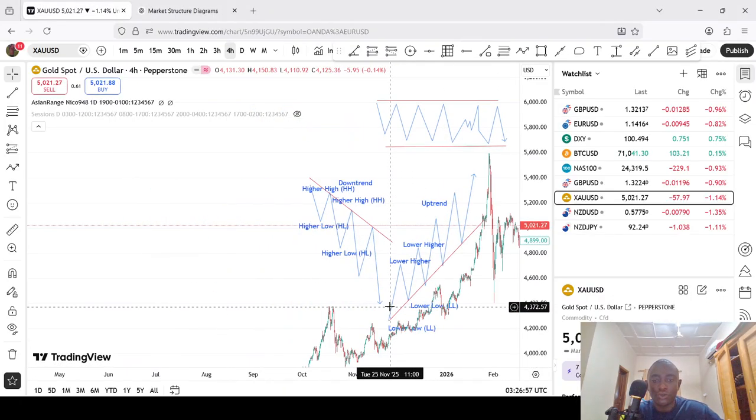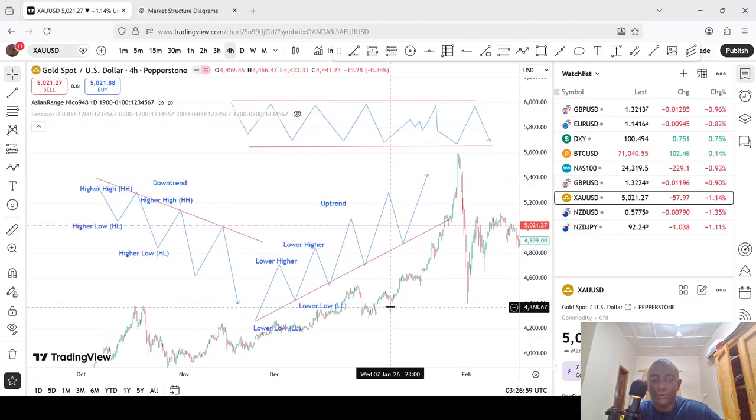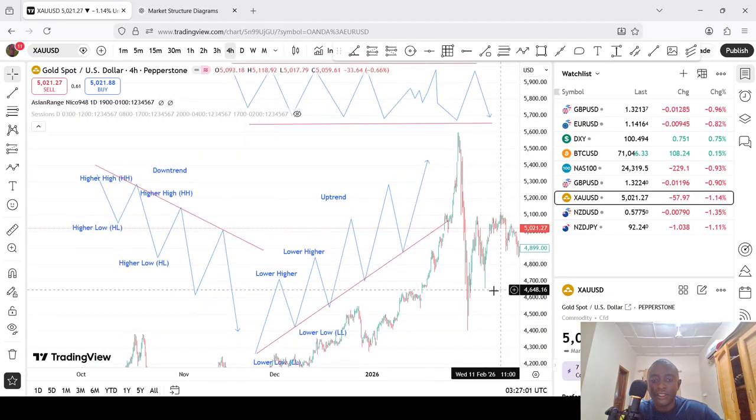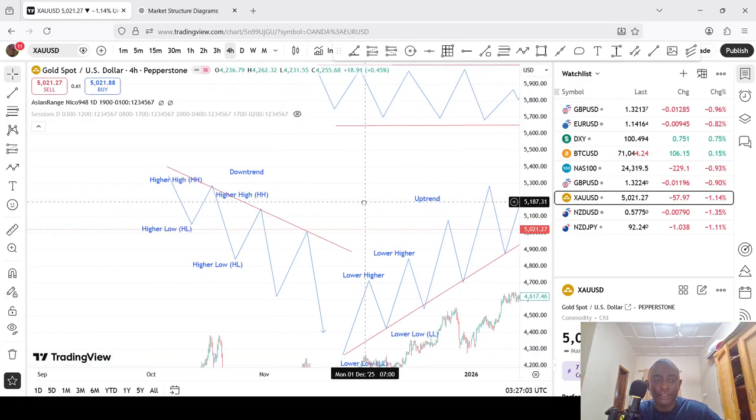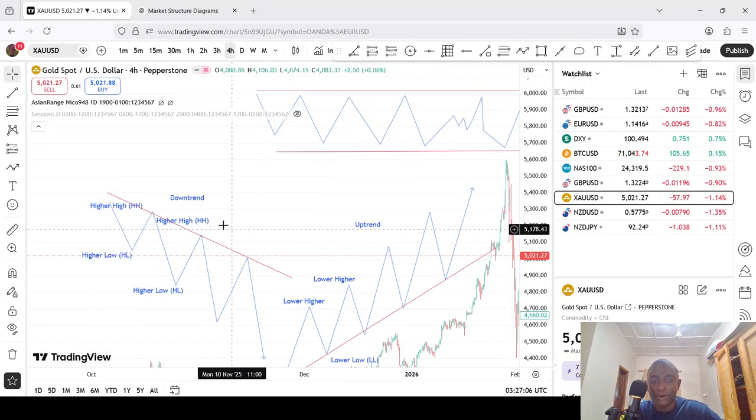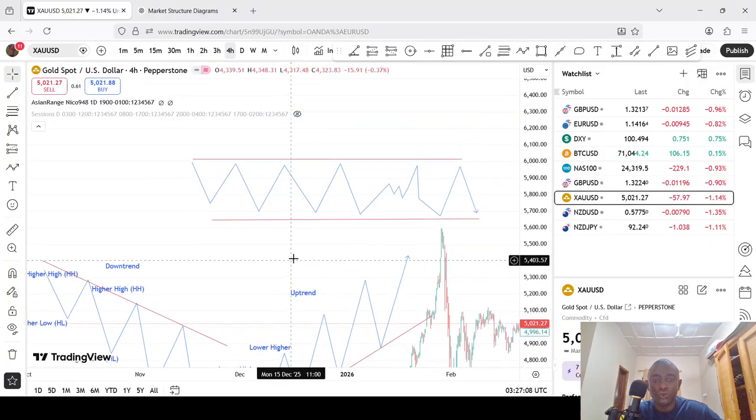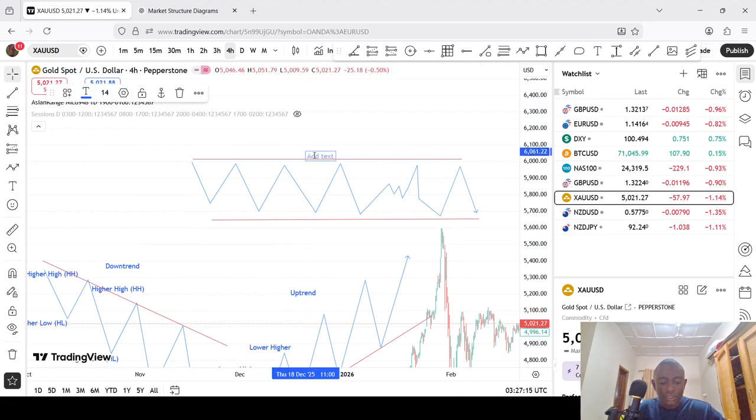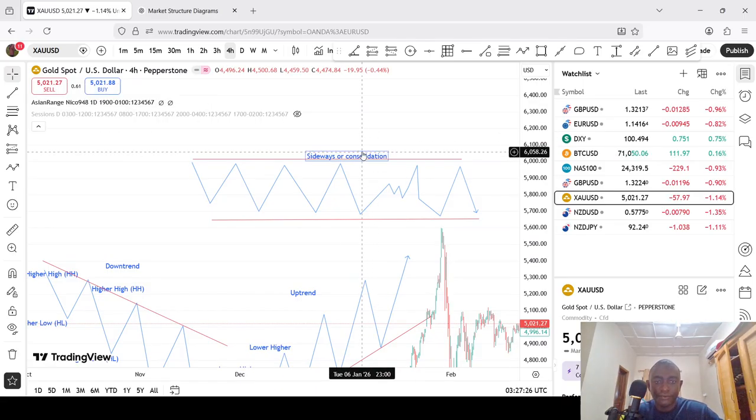Yeah. So in the last video, I explained the various types of market structures: downtrend, uptrend, and also the sideways or the consolidation. So let me label this one too. Here is the sideways or consolidation. Okay, so with the continuation of this video,